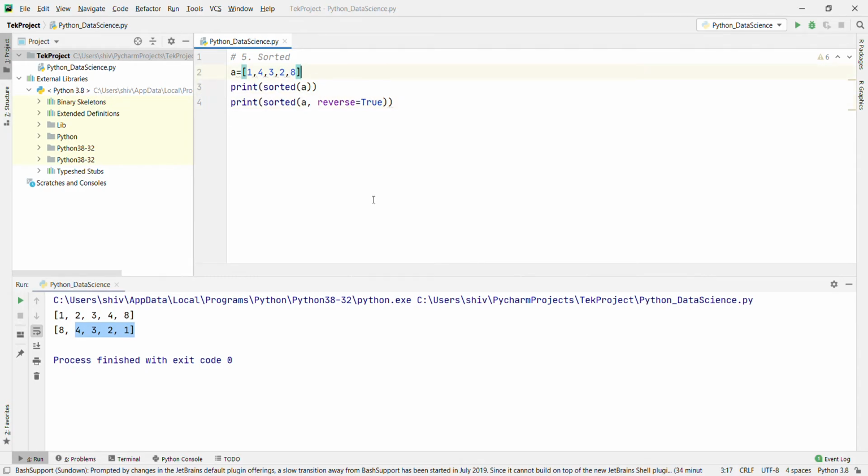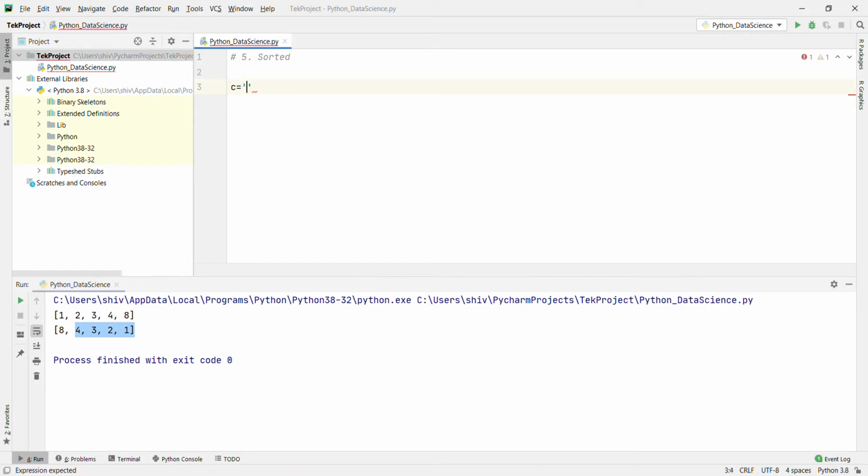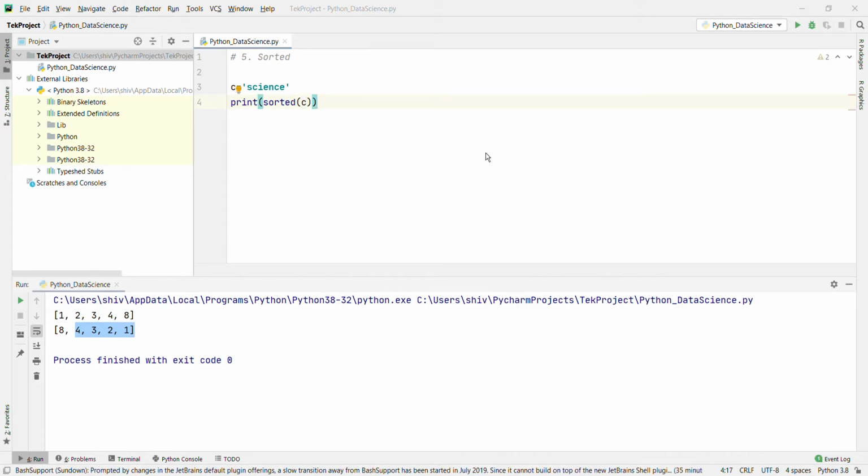Now if you are going to use, instead of numbers, a string, C equal to science, and print sorted C. Then what will happen is it is going to sort: C two times is coming first, then E two times, then I, this one, then N, and then S. Okay, let's run and see.